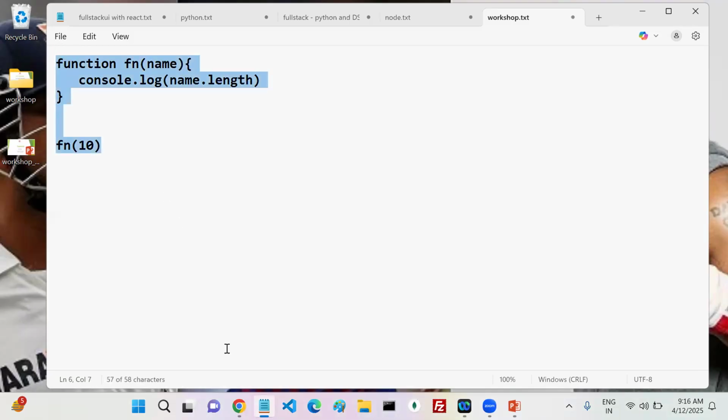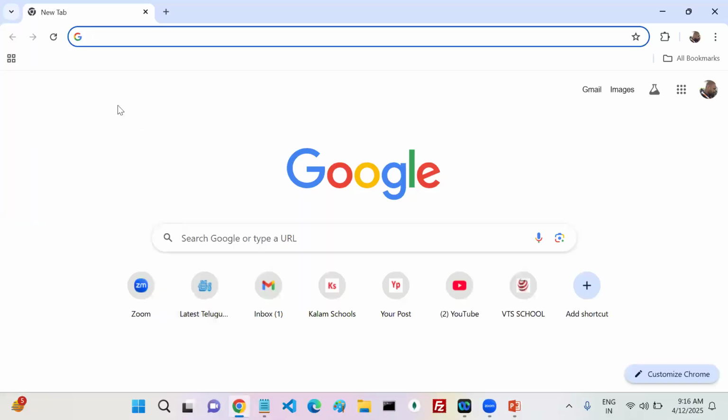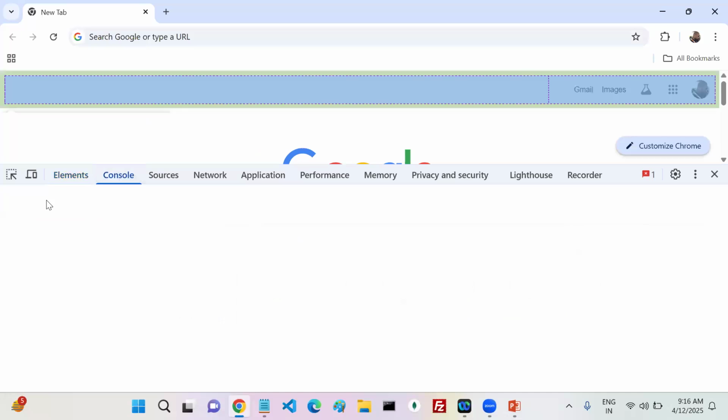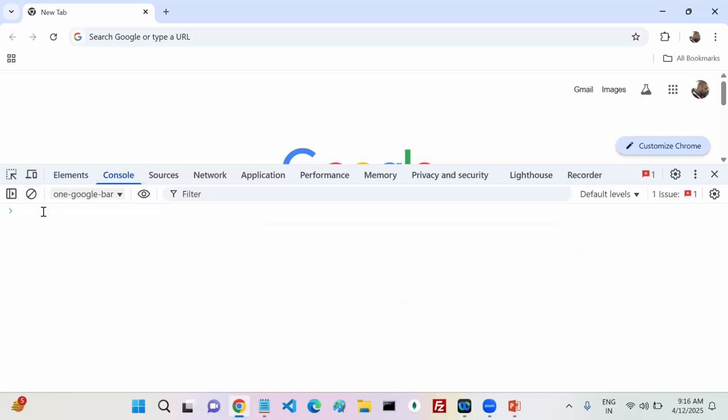If you execute this code, you get the error at execution, that's secondary. Once you get the error, it means you already made a mistake. Before that, is there any chance to correct it? Is there anyone to alert you to correct your mistake? In JavaScript, no one is there.